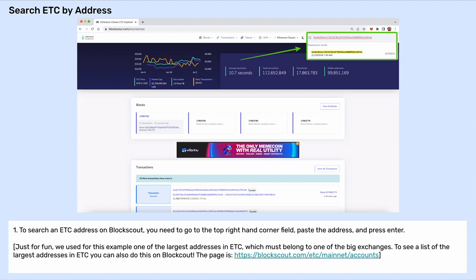Search ETC by address. 1. To search an ETC address on Blockscout, you need to go to the top right hand corner field, paste the address, and press enter. Just for fun, we used for this example one of the largest addresses in ETC, which must belong to one of the big exchanges. To see a list of the largest addresses in ETC, you can also do this on Blockscout. The page is